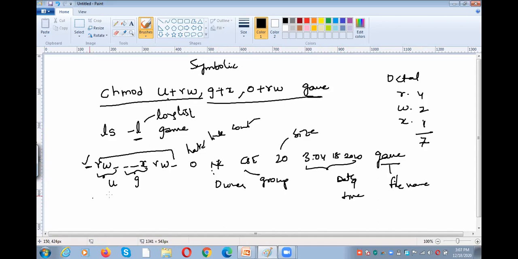So all these are called as attributes of a file. Okay. So my question here is, if you want to grant the permission, we are using plus symbol.